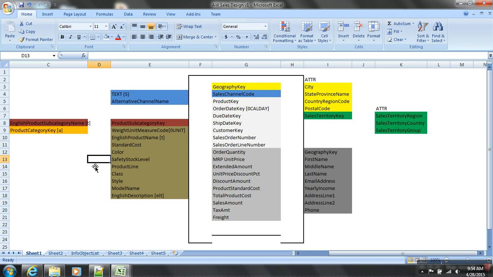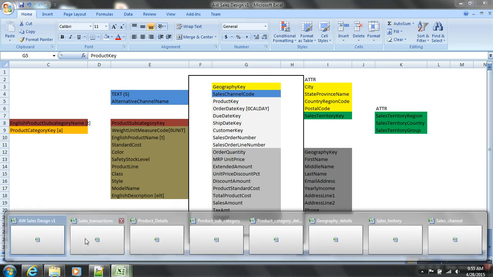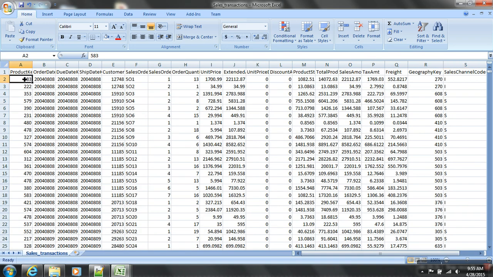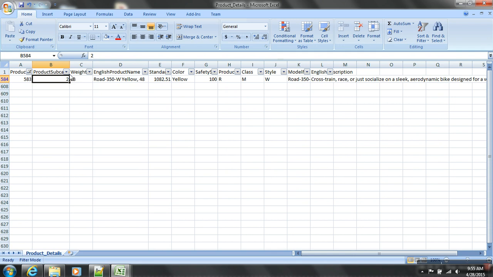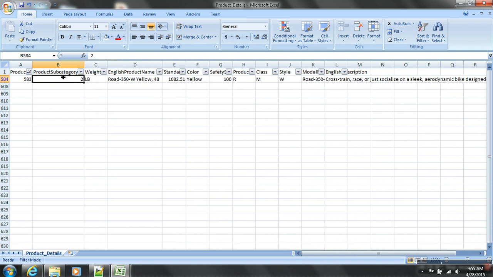Yeah, good. Next, product key. My transaction gives me product key. Now I need to get more details of the product from a different database. What data would give me product details? This one. It has columns like product subcategory, weight, English product name, standard product cost, color, style. They have a lot of things in it.